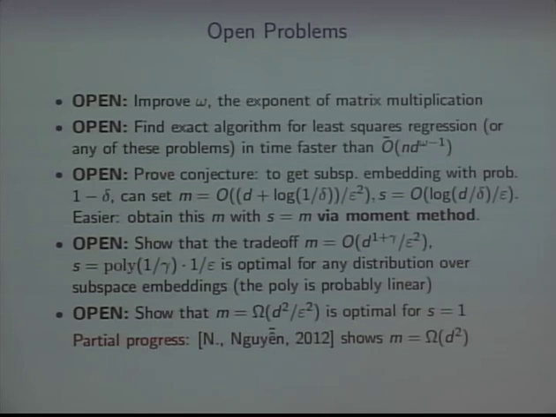So the third one really bothers me because we're losing these log factors in the moment method. But let's say you don't care about sparsity at all. You just want to show that d over epsilon squared rows works to get a subspace embedding. There's a net argument that will do it for you, not the moment method that I showed you before. And the net argument gives you the right answer. It gives you d over epsilon squared.